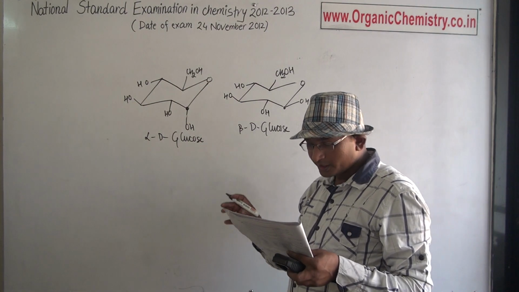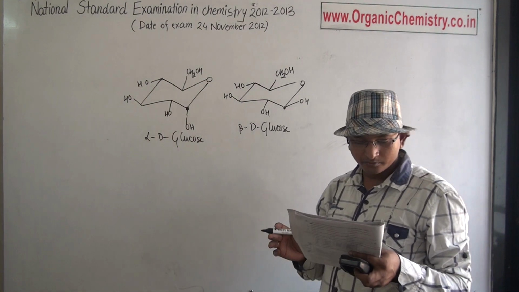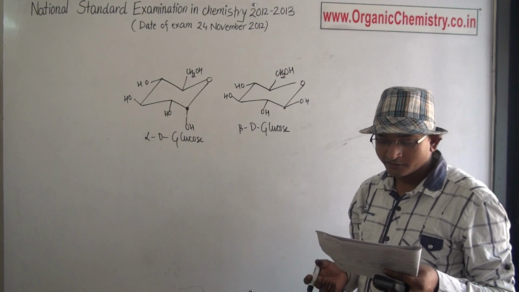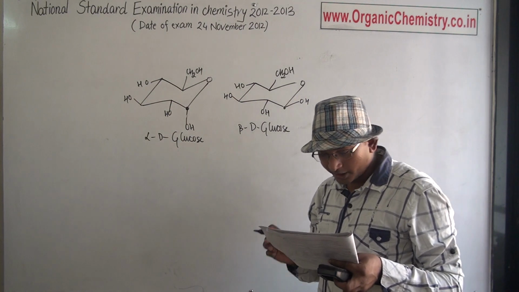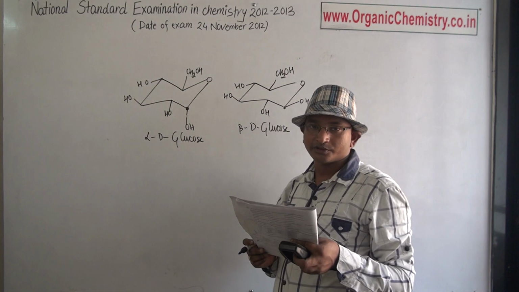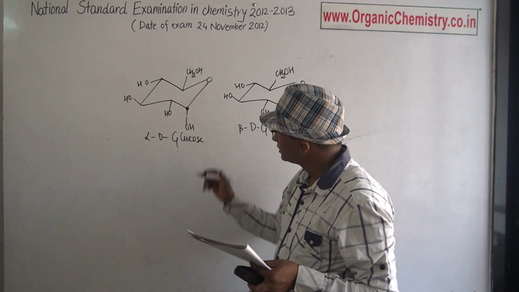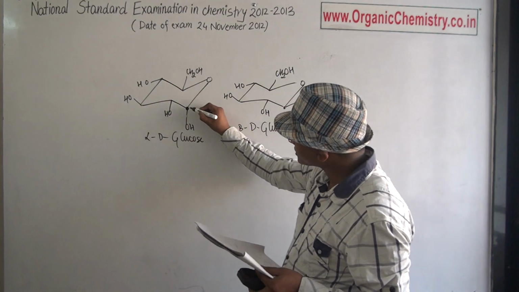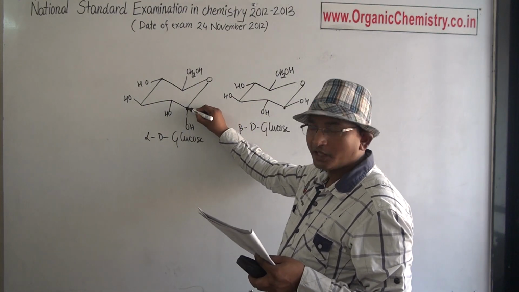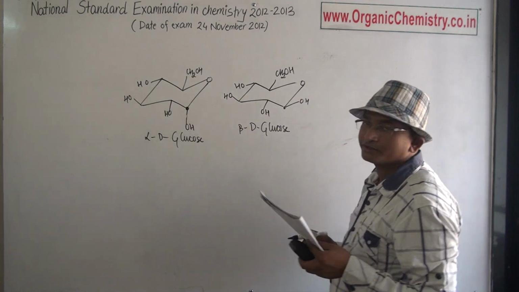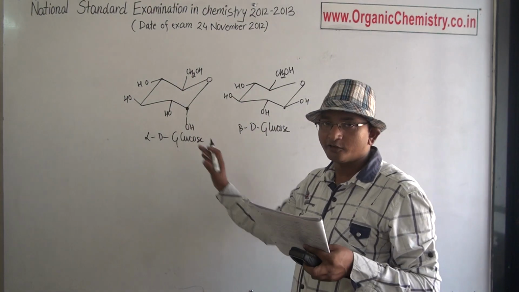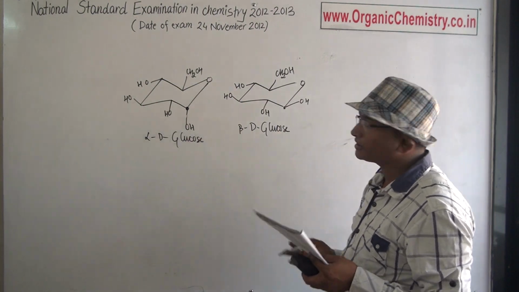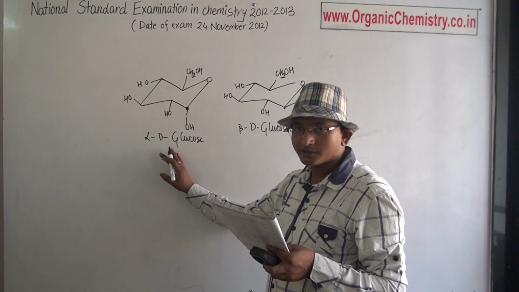When the question has anomer and epimer given, remove optical and geometrical, because only one option you have to check, the best appropriate. The terms anomer and epimer are used for biomolecules. In this part there is an OH, and in this part again an OH. If this hemiacetal carbon has a difference in attachment of OH, then that is called anomers. So alpha D glucose and beta D glucose are the anomers of each other.